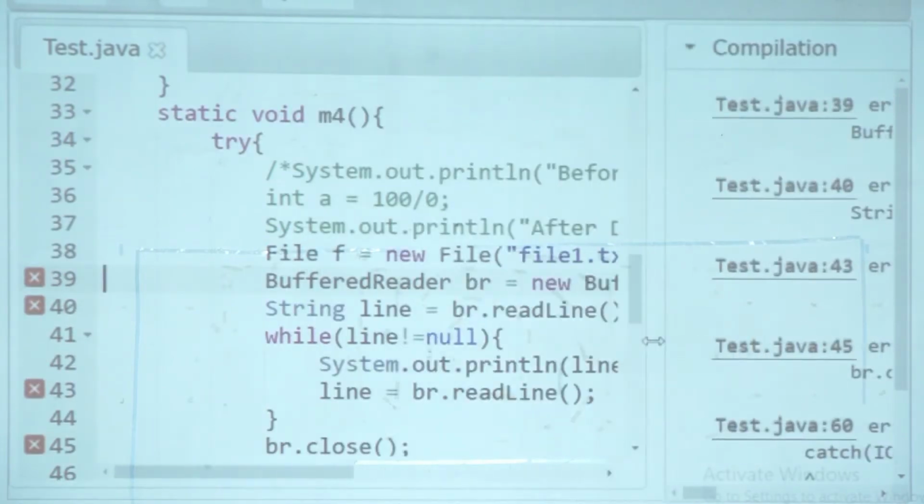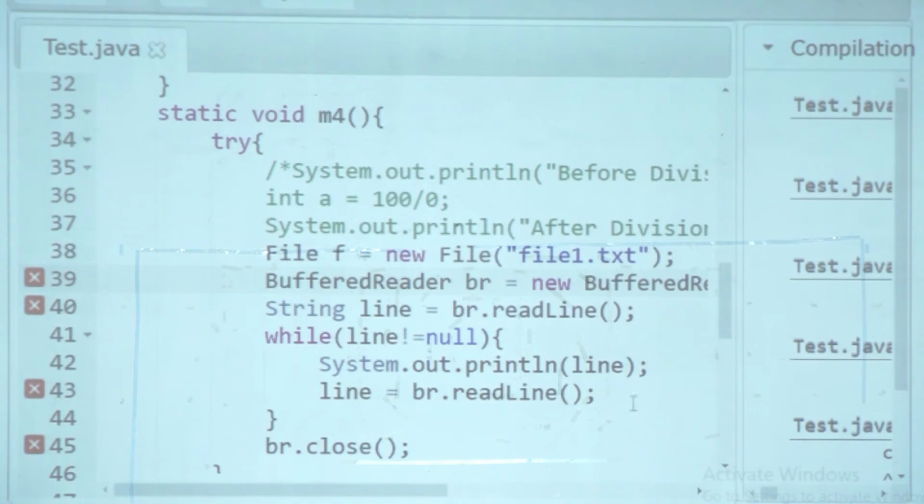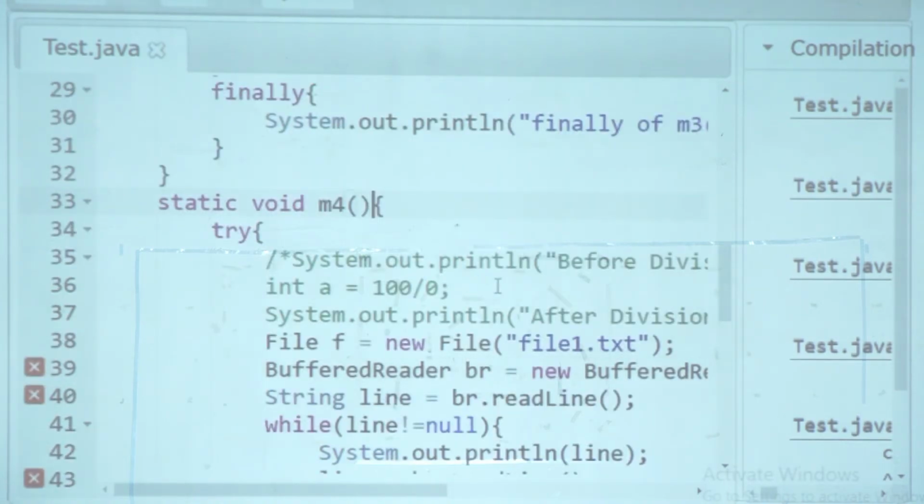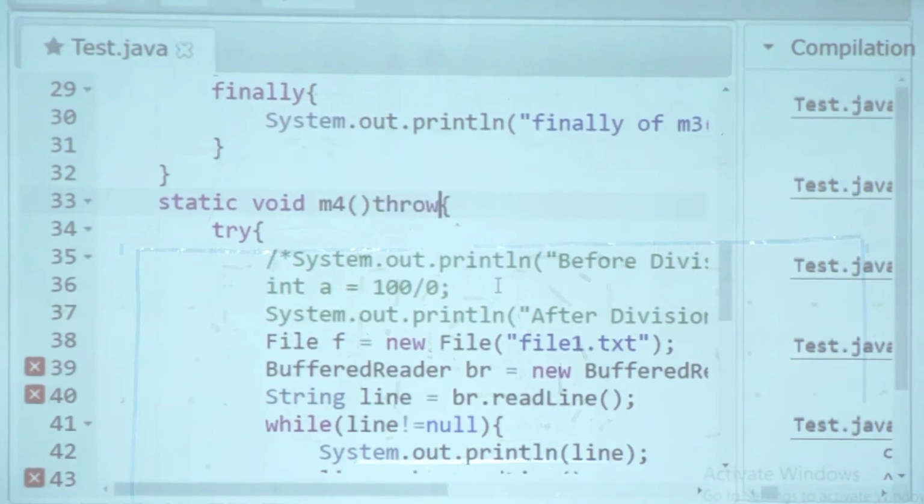Now let's say I am a smarter Java programmer. So I went to M4, and in order to get rid of the errors at 39, 40, 43 and 45, I said throws IOException.